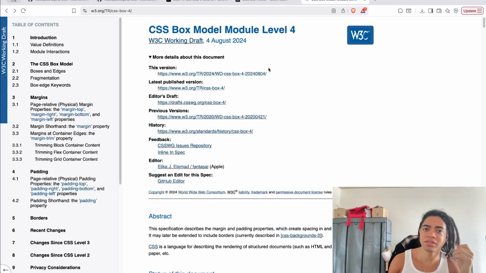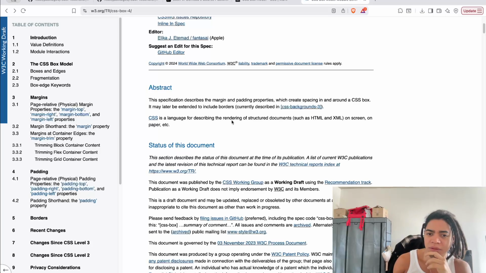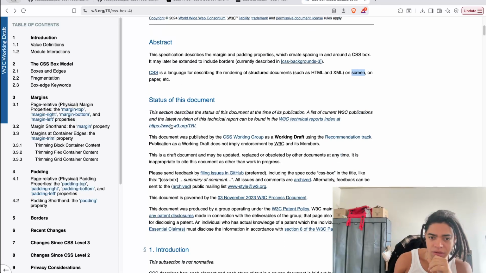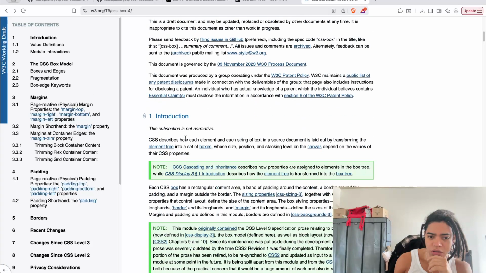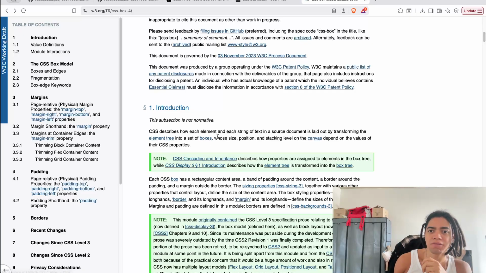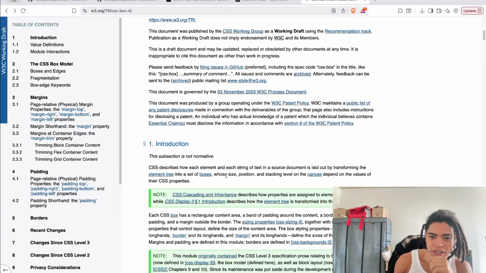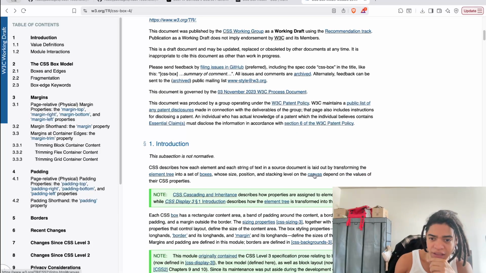CSS is a language for describing the rendering of structured documents, such as HTML or XML, on screen, on paper, and so on. CSS describes how elements and each string of text in a source document are laid out by transforming the element tree into a set of boxes, again for print media, screens, or paper, whose size, position, and stacking level on the canvas